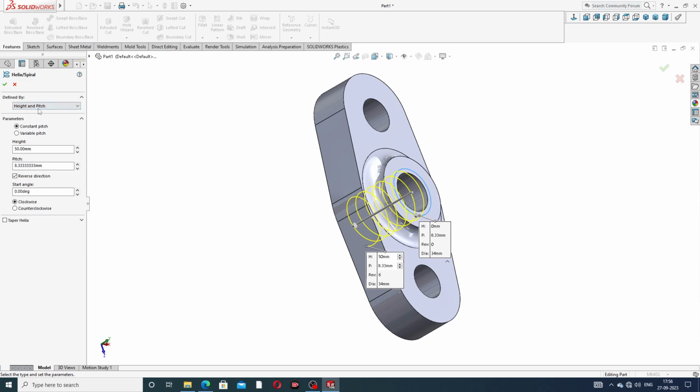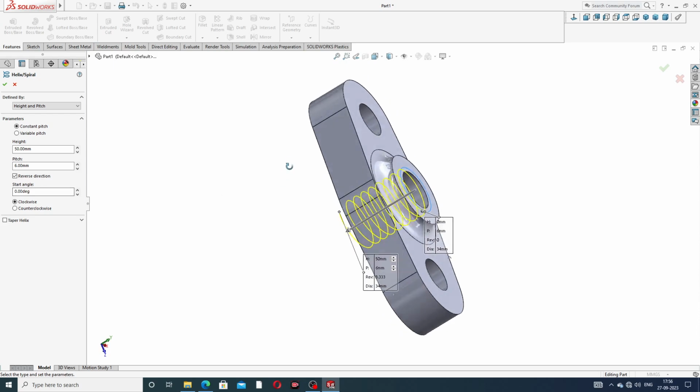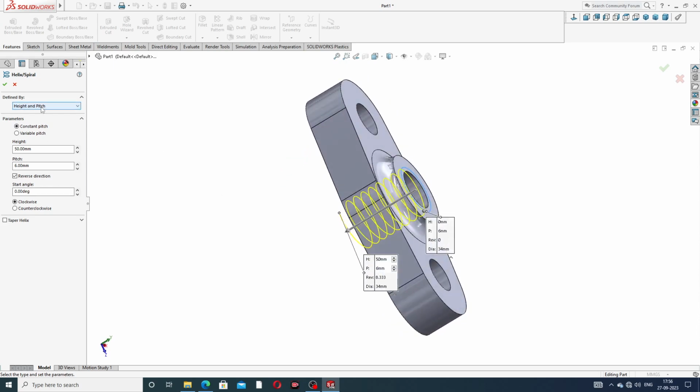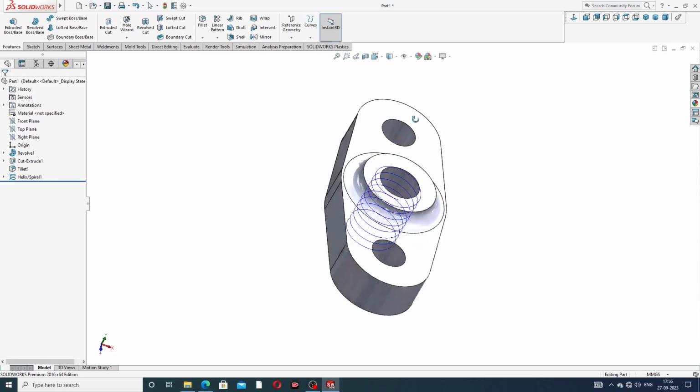Okay, and this is very important, and height is 50 millimeter and pitch is 6 millimeter. Okay, and direction is reverse, and clockwise is perfect, and angle is 0 degree, and all is perfect, because this is very important. Height and pitch is perfect, and height is 50 millimeter and pitch is 6 millimeter. Okay, all is perfect, and reverse direction is perfect, angle is 0 degree and clockwise, and click OK. Okay, and this is perfect,